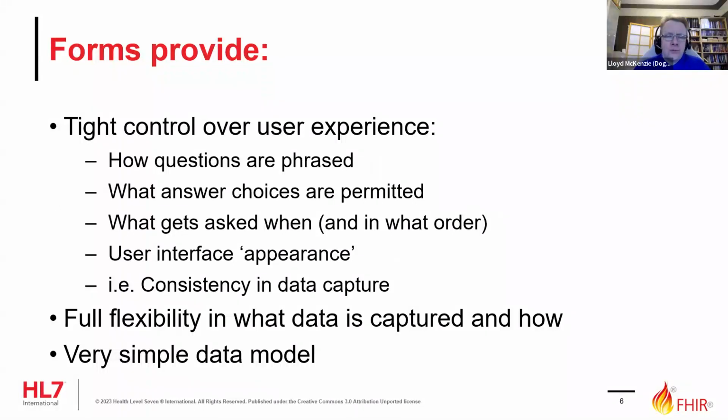We use control forms or questionnaires for a number of reasons, particularly in research, but also in other places. It matters how you ask the question, because if you have 5 or 10 different EHRs and they present the way to capture the information in a different manner, prompt with different text, expose choices for answers in different ways, or maybe even expose completely different choices for answers, period, you're going to get different data, even if the